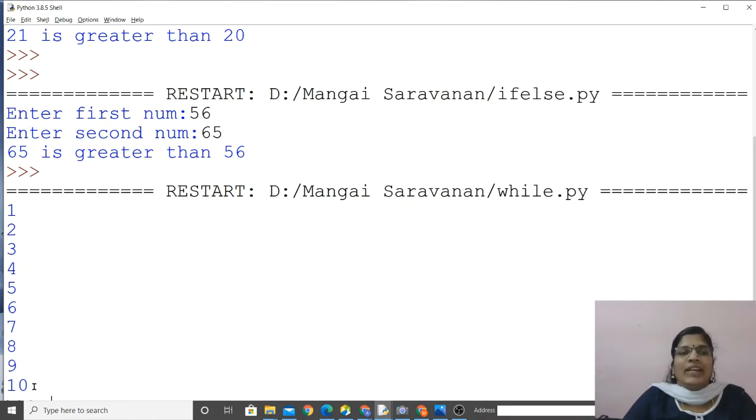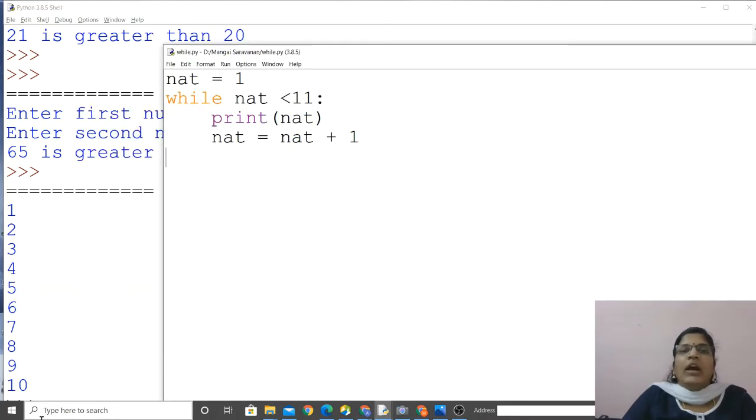1 to 10. Now I have a question for you. See, now we displayed numbers 1 to 10. I want to display only odd numbers or even numbers. So what shall I do? I want to display only odd numbers. The first number is 1, it's an odd number, right? So 1 will be displayed. And after that, I want to display 3. So what do I have to do?